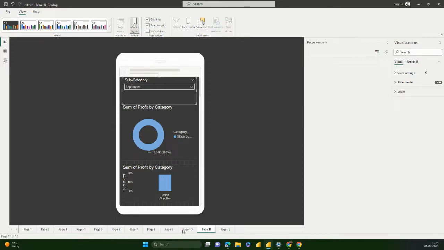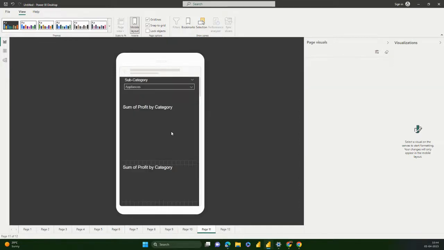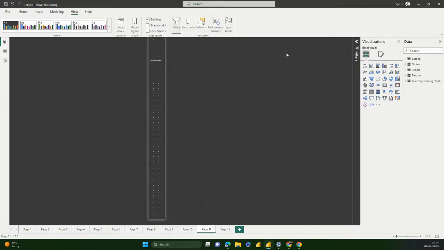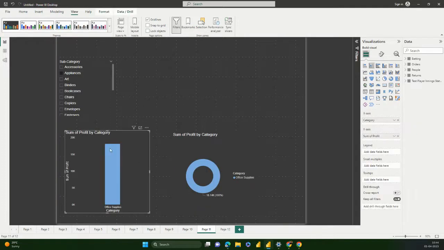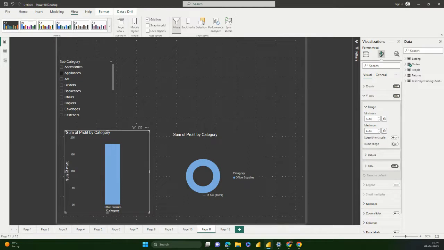Okay, so I'll come back here and I'll stop the mobile view for now. Okay. So you're saying that in this case it looks clear to you, right? Okay. So you can play around with the y-axis range, right? Or you can, let's say, start logarithmic scale. And then using log scale you can try, and then when you do the mobile layout,